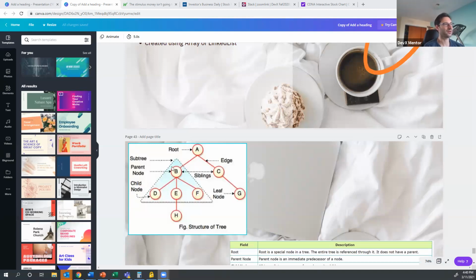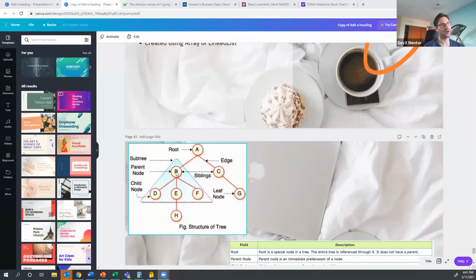These are called the edges, right? And then anything that comes off the root can be considered a subtree, right? So there's a subtree within the tree. So basically anything is a subtree, and then you can insert those. We'll talk more about that, but basically a root connects to children, and